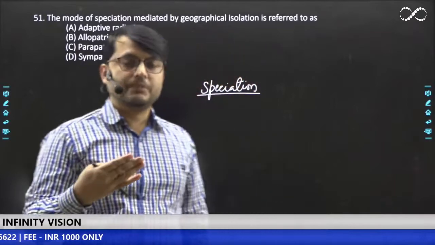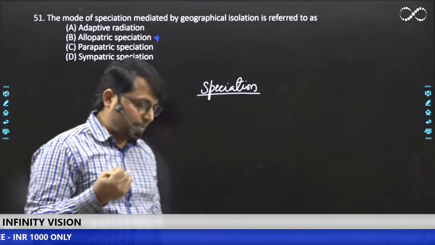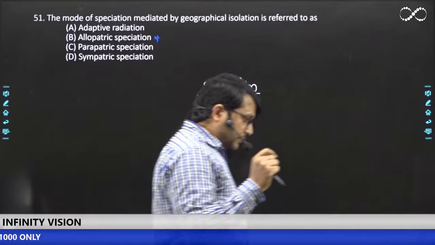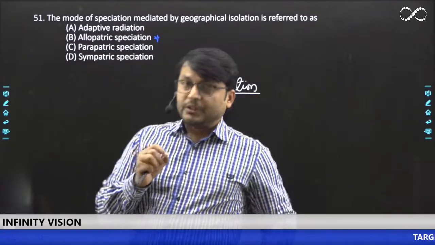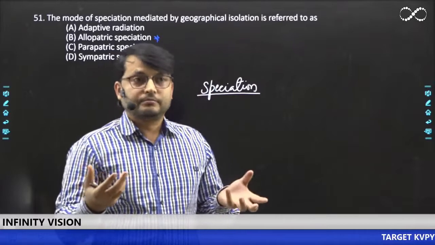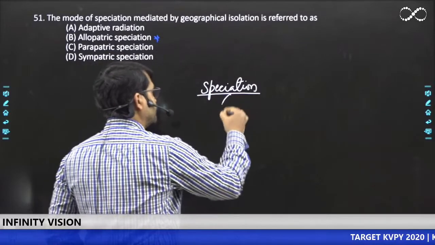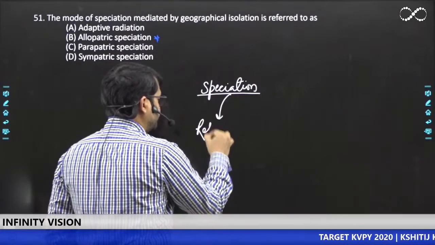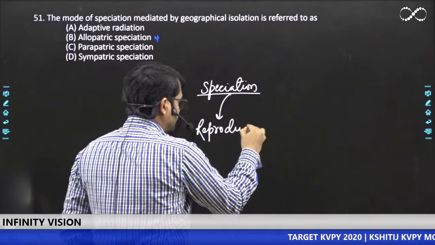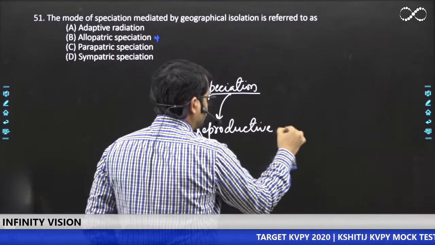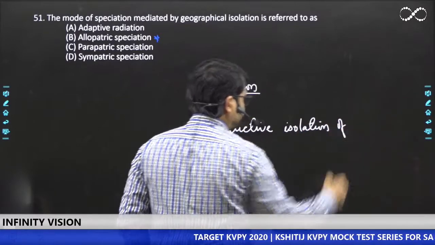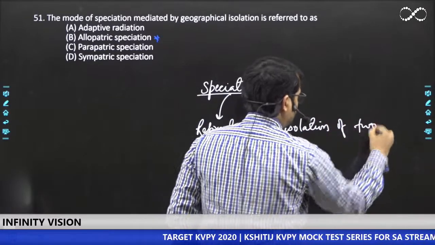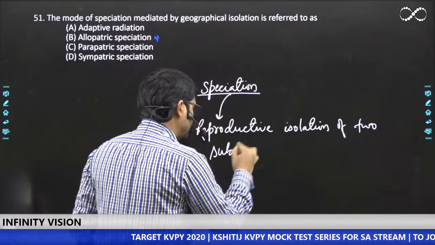Creation of new species from existing species, and it occurs mainly due to the reproductive isolation, right? So speciation occurs due to reproductive isolation of two subpopulations